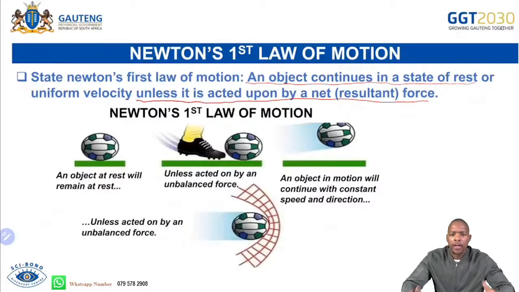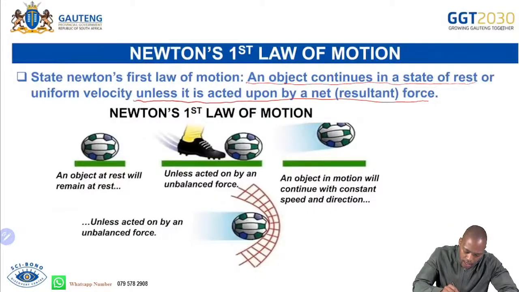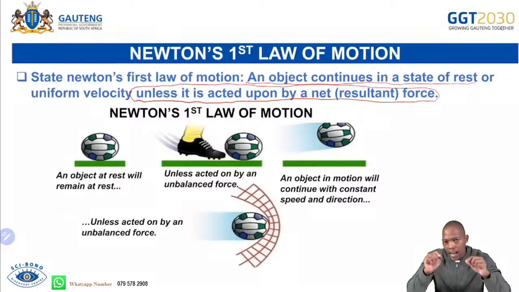The same thing, an object resists to change its state of rest. So if it resists to change, then it will continue in a state of rest or uniform velocity. So that means the object will continue moving with the same speed, with constant velocity, right? It will not change its velocity. It wants to do that, right? However, Newton gave a detail here to say that only happens unless it